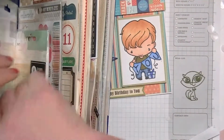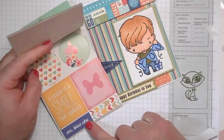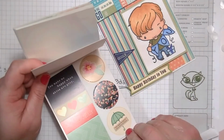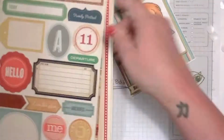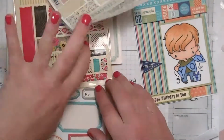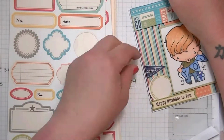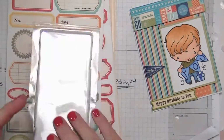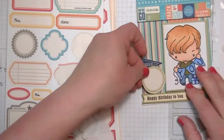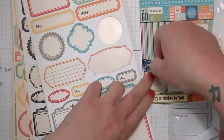And there's a blank spot right there, so I'm looking for a sticker or something to go in between the pennant and the banner that says Happy Birthday to You. So I started out looking through this Dear Lizzie Lucky Charm sticker booklet, but nothing was the right size. So then I just started going through all my label stickers, and I keep all my stickers in that little bin that you saw a second ago. So I go through here and I try out a couple of different ones that don't really work. I thought I was going to use this one, and I put it up on pop dots, but then in the end I decided to change it to something else. It's kind of an awkward space right there,